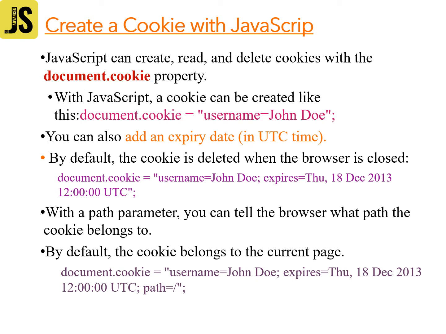Here we are saving the cookie data, where the data is username and the value for that data is John Doe. We can also add an expiry date in UTC time. For cookies, we can also set the expiry time. By default, the cookie is deleted whenever the corresponding browser is closed. If we want a long expiry for that data, we have to set the expiry date like this: document.cookie = "username=John; expires=